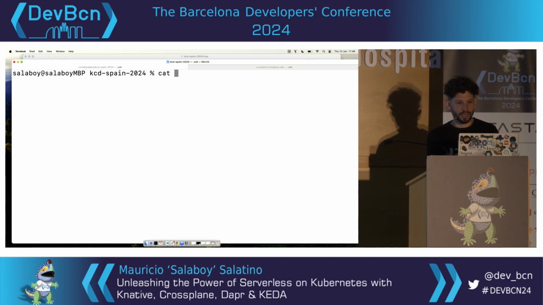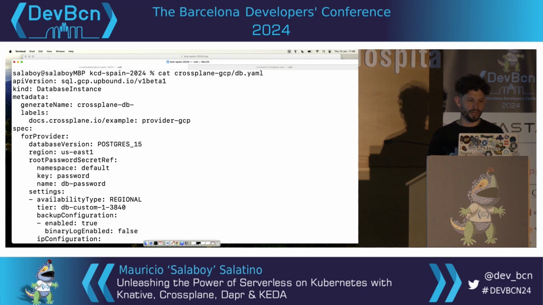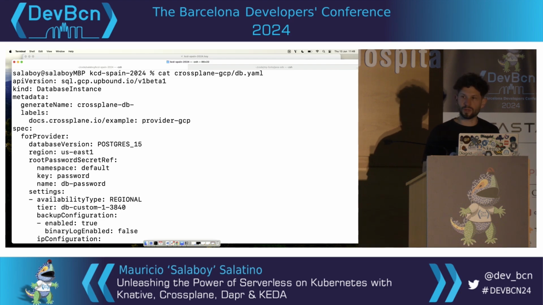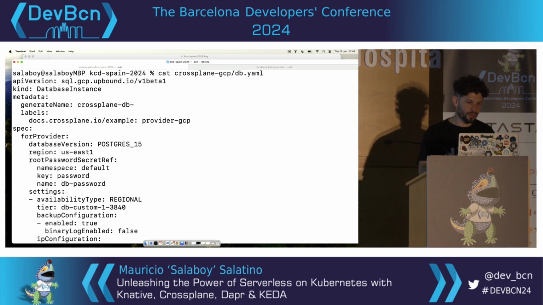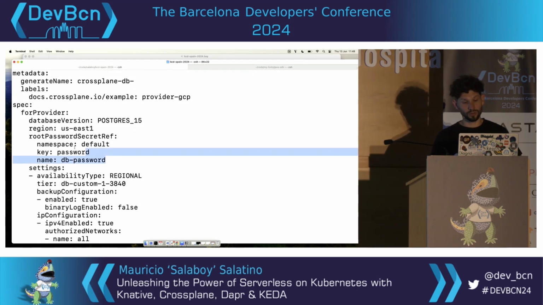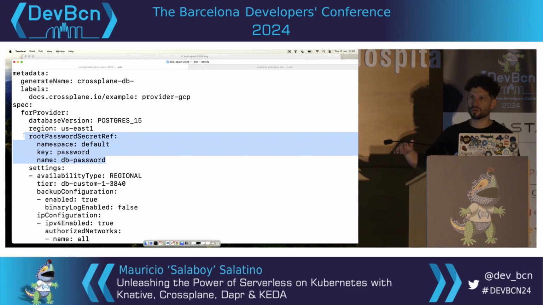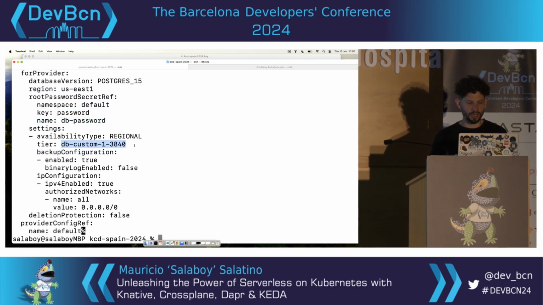I have here the directory with just a simple YAML file, which basically describes a database instance for Google Cloud, right? So this resource basically allows me to say, hey, I want to create a new database in my Google Cloud account, and I want to send these parameters. I want PostgreSQL 15 to be created, and I also want to have a way to connect to it, so I need the URL for that database and the user and password that I will need to connect, the kind of database, how big it is, in which region, all the stuff that you will need to define when you are creating a database, right?